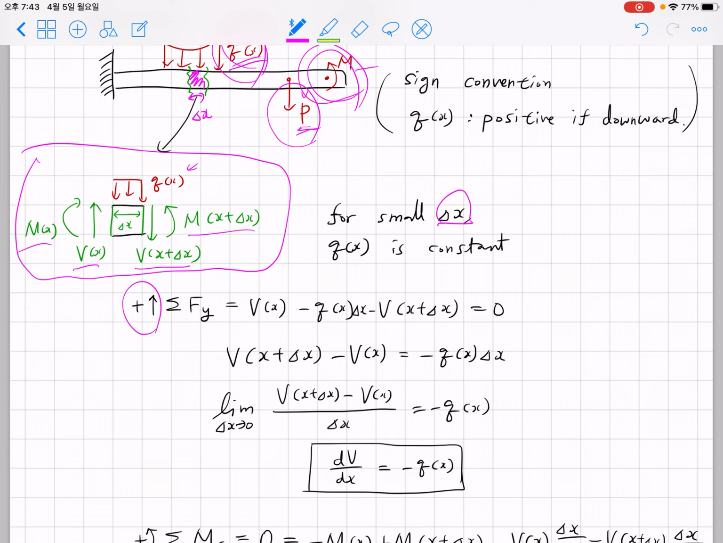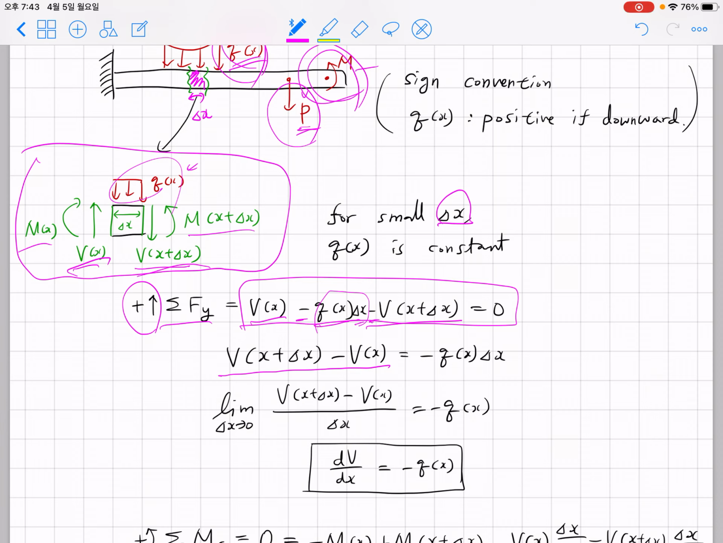So let's set upward force as positive sign and try to sum up the force in y direction. So we have Vx, we have negative V(x plus delta x) because it's downward, and we have this downward force Q(x) multiplied by delta x to recover the dimension of a force, because Q(x) means force per unit length, and its direction is downward, so you have a negative sign here, and these must be summed up to be zero to satisfy mechanical equilibrium. What you can realize is